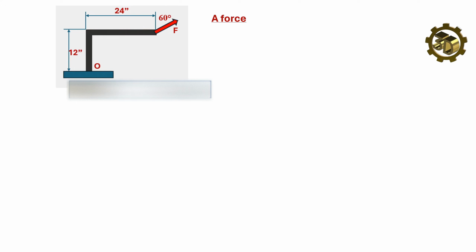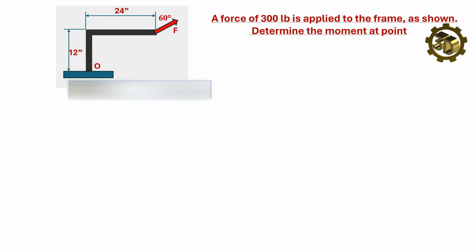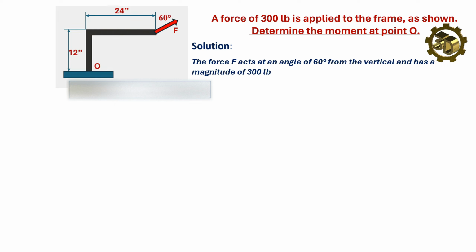Engineering statics. A force of 300 pounds is applied to the frame as shown. Determine the moment at point O. Solution. The force F acts at an angle of 60 degrees from the vertical and has a magnitude of 300 pounds, so its horizontal and vertical components are